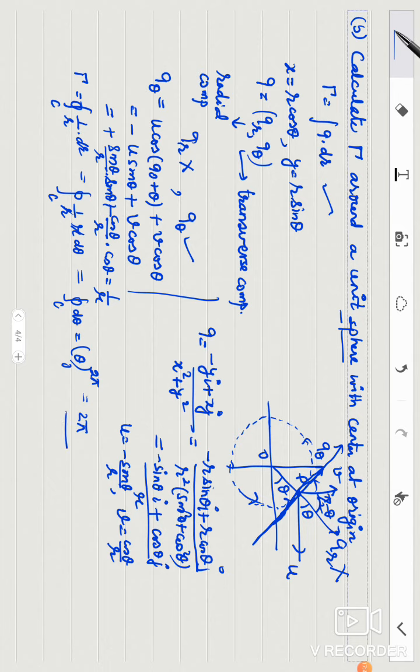So this is the value of circulation, which again, by calculating curl of q, we may calculate with the help of Stokes theorem. So this is something about the application, and after it you have to do all the related examples, solved and unsolved, from the book or the net, wherever you get. Thank you so much.